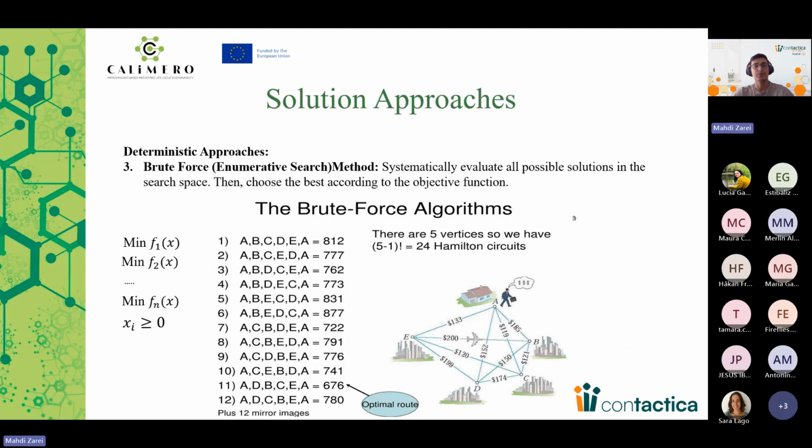Now let's talk about the brute force method. It's super simple. You just try every possible combination and pick the best one. It guarantees the best result, and it's great for small problems or testing other methods. But the downside is that it doesn't scale. As variables increase, the number of combinations explodes. That is why brute force is mostly used for tiny optimization problems,